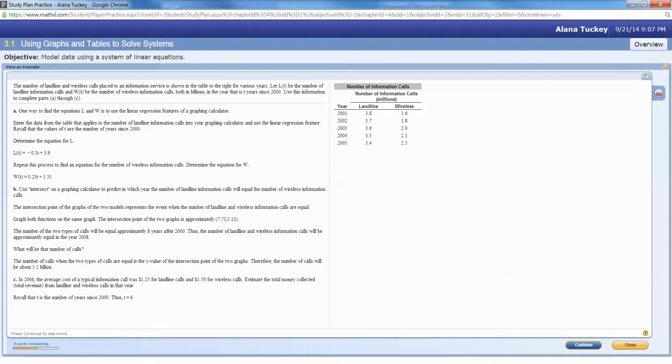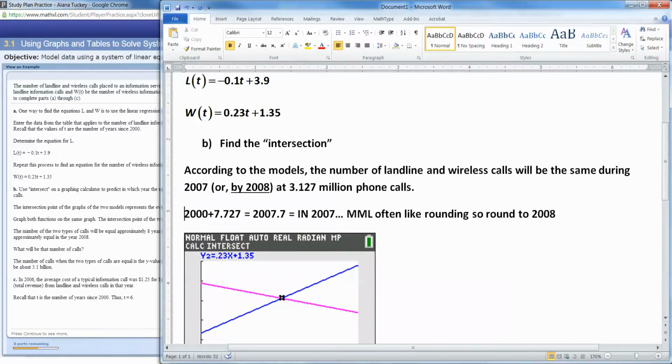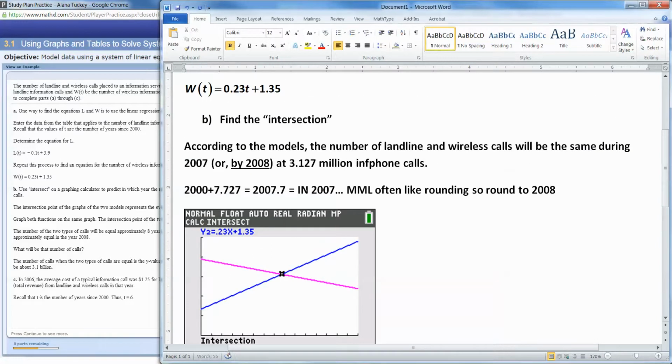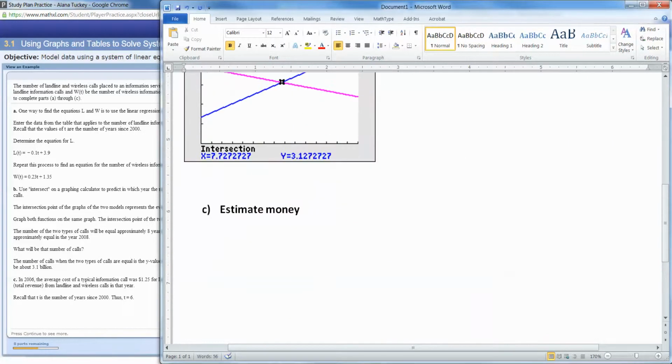And we did. All right, so now in 2006, the average cost of a typical information call was $1.25 for landline calls and $1.50 for wireless calls. Estimate the total money collected from landline and wireless calls in that year. Okay, well, if we want to do that, we're going to need to know how many calls there were, first of all. So, let's see. Oh, million, I should say, information phone calls. Right, so this is calling information. All right, estimate the money from information